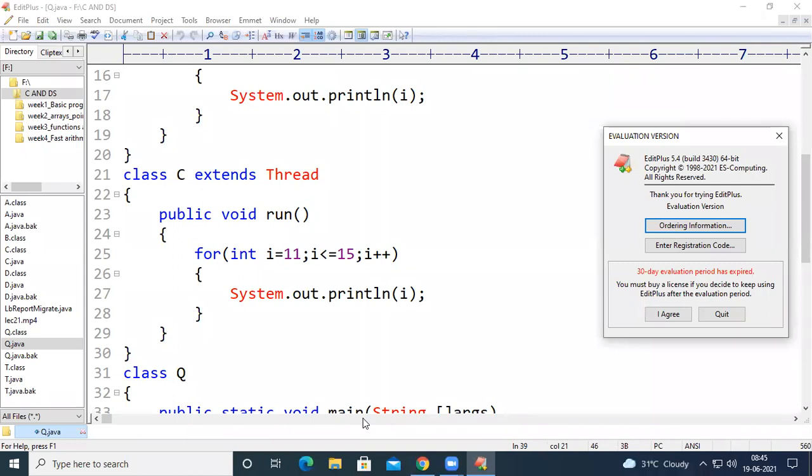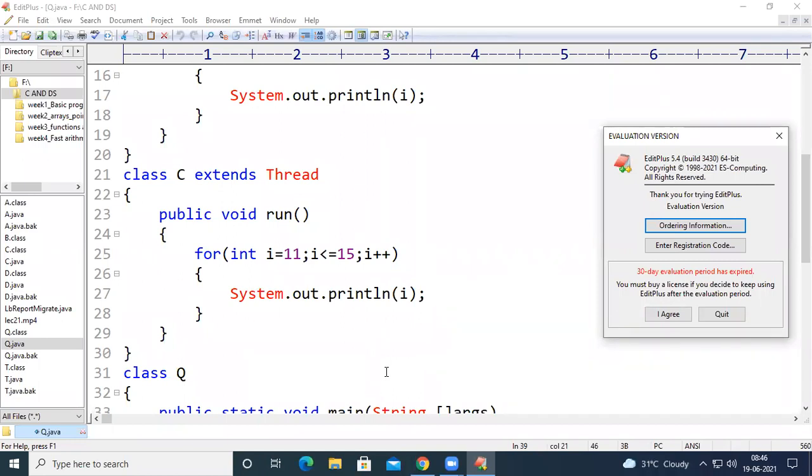Okay, so apart from these applet programs and the applet concept in Java, earlier we started learning about the multi-threading concept. So till now, in multi-threading, we have seen the differences between multitasking and multi-threading. Then we saw how multiple threads can be created in Java and how those threads can be run in Java.